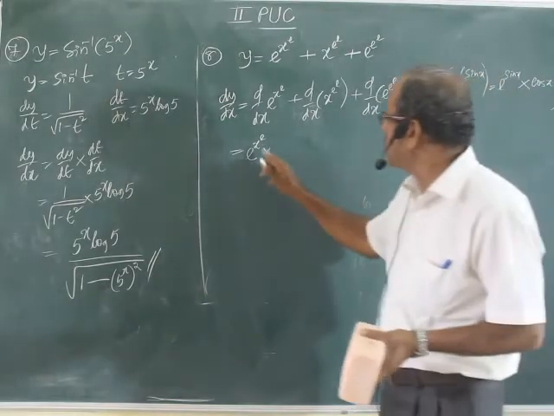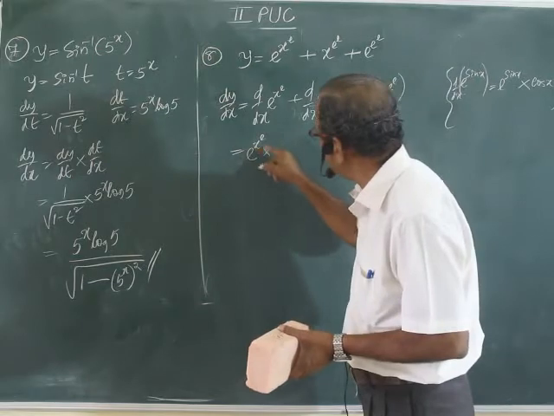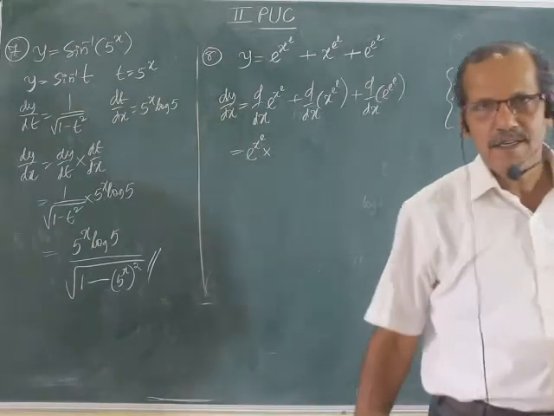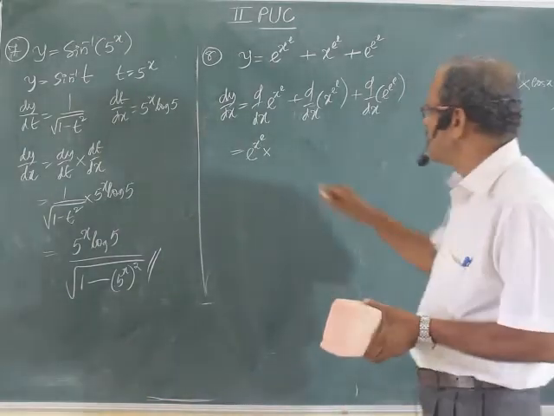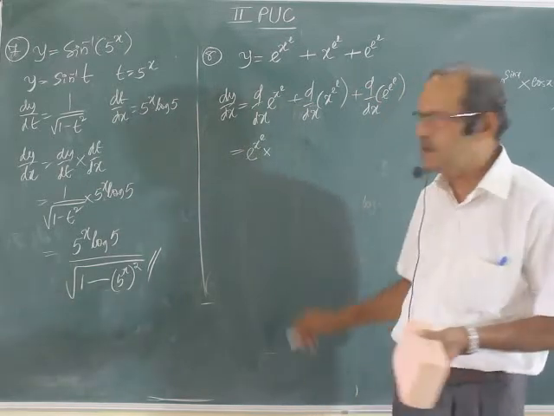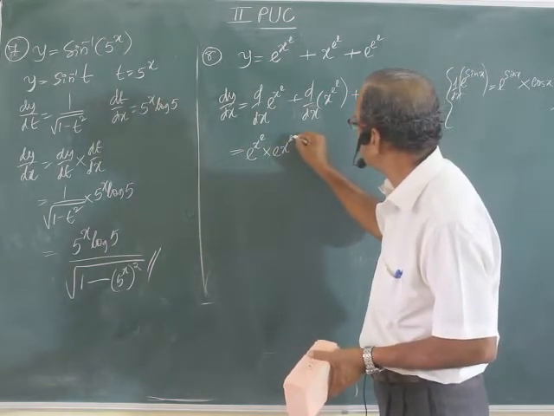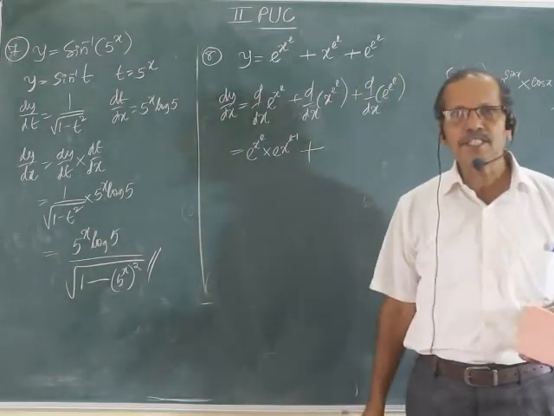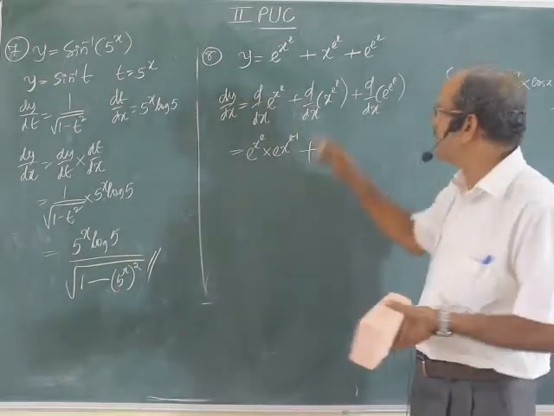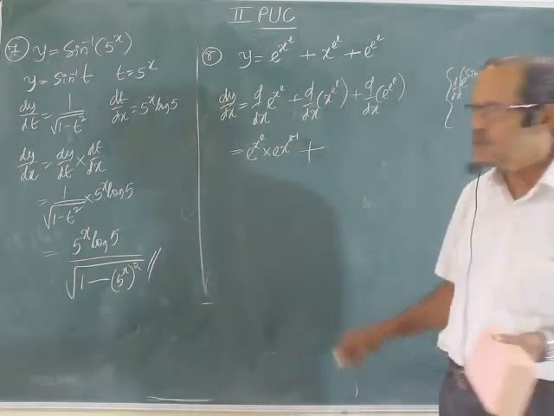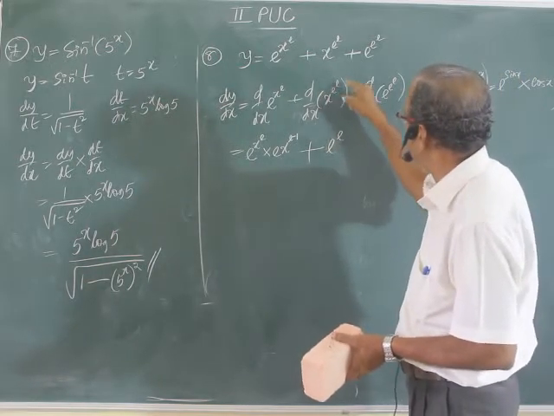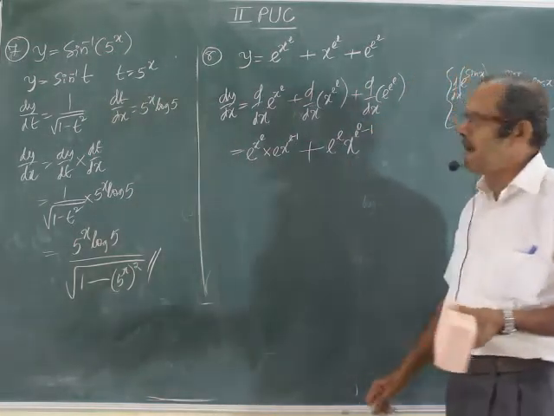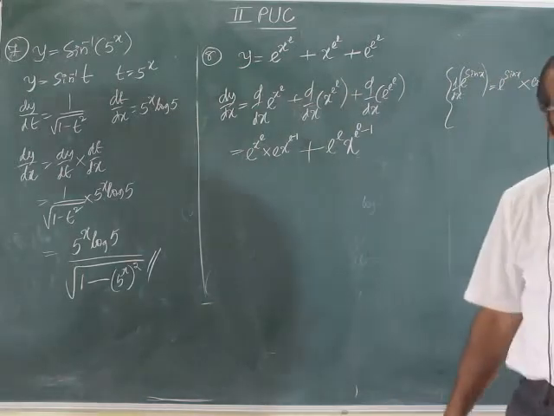Now it is e to the power x to the power e into derivative of x to the power e. It is already x to the power n is there, no? Same thing. Don't confuse with that one. Since you know x to the power n derivative, why can't you write x to the power e? e into x to the power e minus 1, plus x to the power whatever may be, it is a number, no? X to the power n itself, whatever may be, e to the power e means it's a number. So, derivative is e to the power e n into x to the power e to the power e minus 1. I have taken n equal to e to the power e, that's all. It is a number.